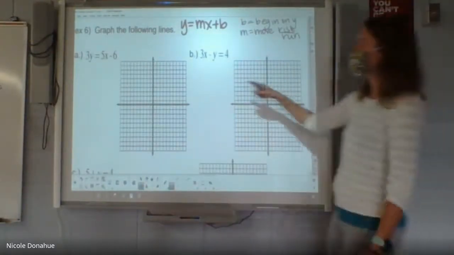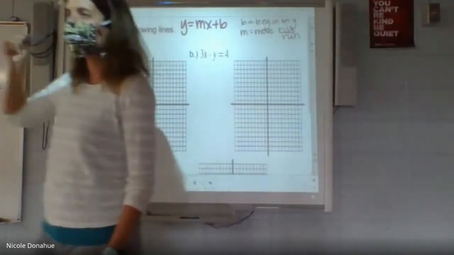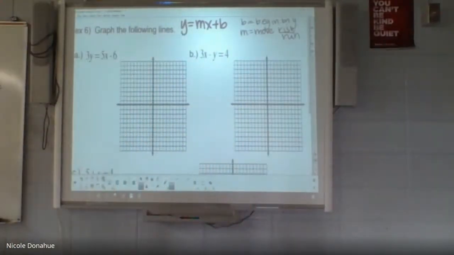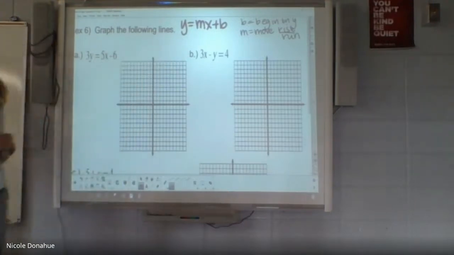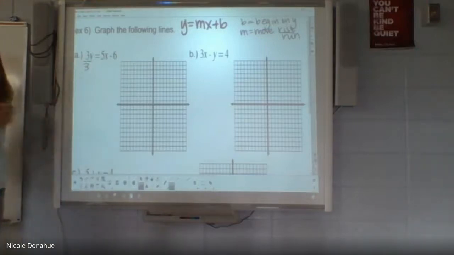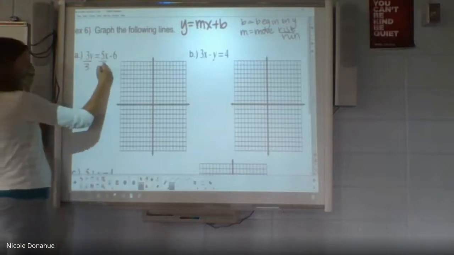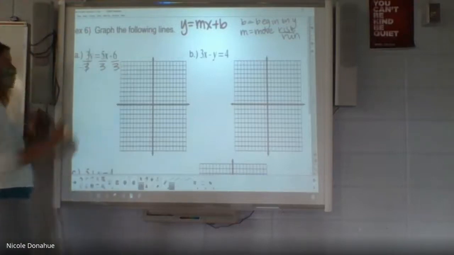If you look at letter A, what's the issue? What's happening that we still need to get rid of? Yeah, Will? There's a 3. Yeah, there's that 3 by the y. Our equation y equals mx plus b isn't 3y equals mx plus b. It's y equals, so we have to get rid of that 3. So how do we undo that? Yeah, we're just going to divide by 3. When you divide by 3, you have to remember to divide every single part by 3. You can't just say, I'm going to divide the things that make sense. I have to divide everything. So all 3 parts get divided by